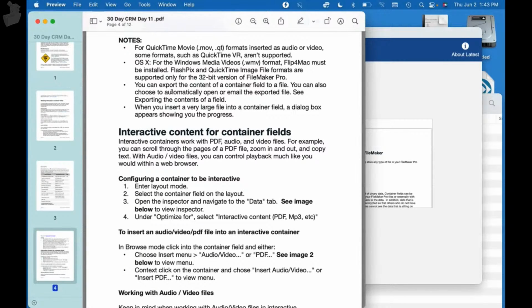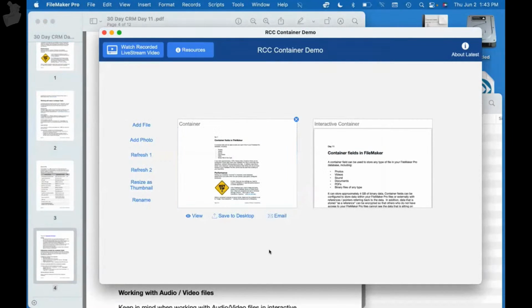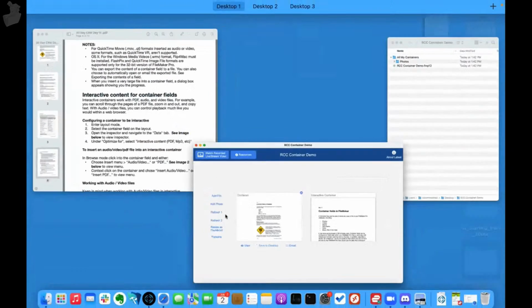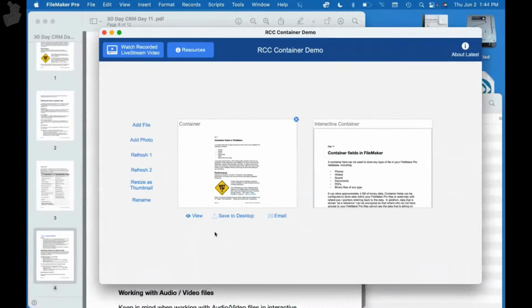We can export the content of a container field to a file. You can also choose to automatically open or email the export file. And I do have that demoed here. We can say save to desktop. And I think this is already on the desktop. So let me just make sure